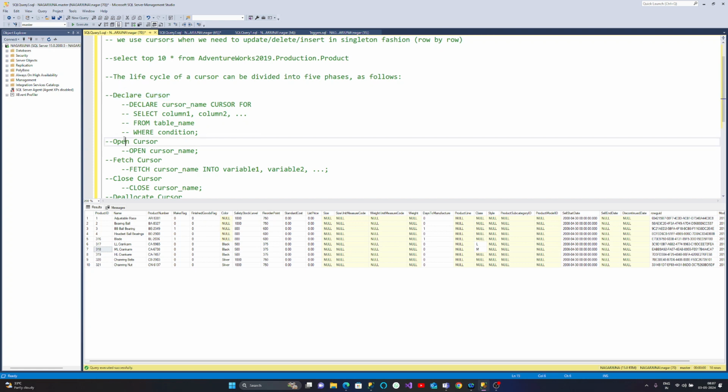Open cursor is nothing but whenever you hit this command, it will allocate memory and be ready to perform the operations. Fetch means we need to declare the variables. Once we declare the fetch cursor,